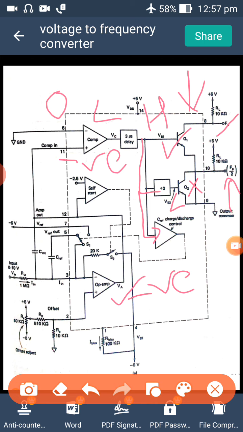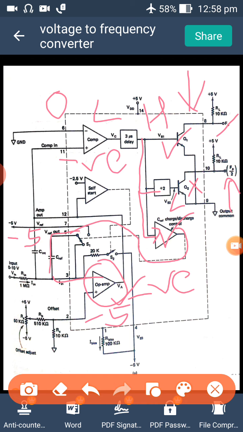Okay. Then again the same high is applied to the charge or discharge control. Now it is enabled, right? If it is enabled, it will develop a connection with the V reference. This connection will be enabled. What will it be then? A minus 5 volt reference is now given to the circuit, that is, the operational amplifier inverting terminal. Here I will be providing the negative reference voltage, that is minus 5.